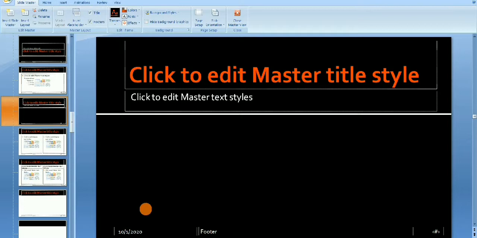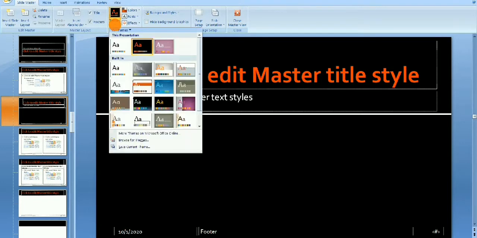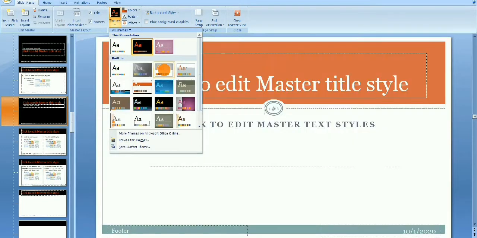Okay, if you want to add some theme in your presentation or in a slide, from where we can do that? For changing the theme, firstly we have to go to the Edit Theme group. This is the Edit Theme group. Within this we can find the themes, colors, fonts, effects. Means with theme you can change the theme of your presentation or the slide. How can we change it? You have to just click on this arrow button. Then you can see the different types of themes there.